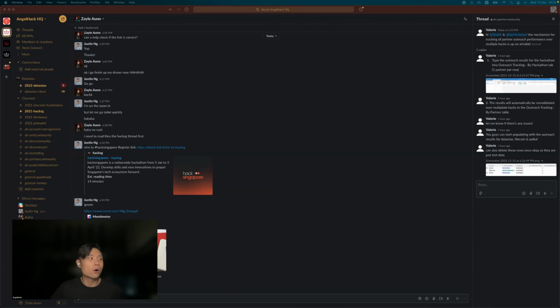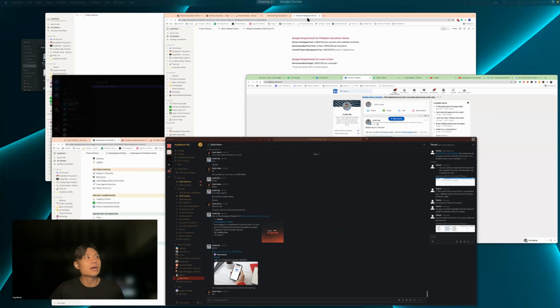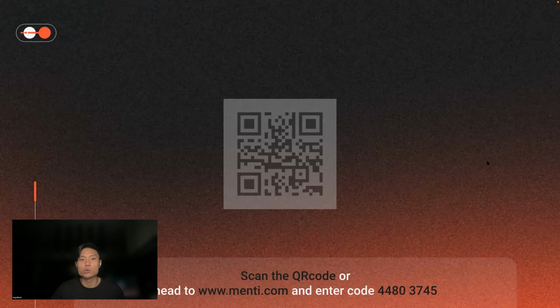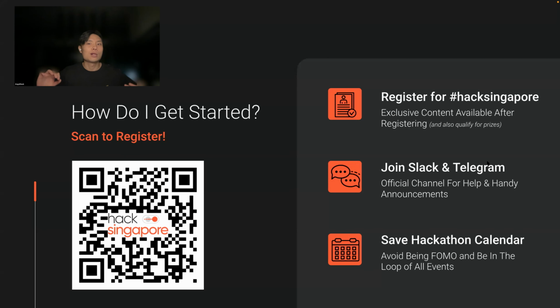Just before we end today's session, a last reminder. If I have managed to pique your interest to join the hackathon, I recommend you start scanning the QR code that you see on the screen. That will bring you to the registration form to register for the hackathon itself.